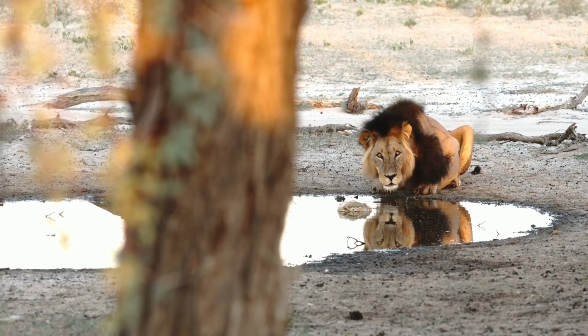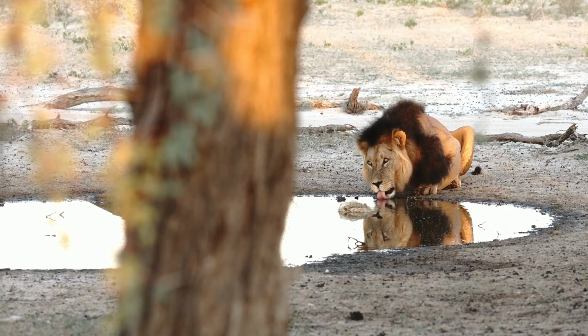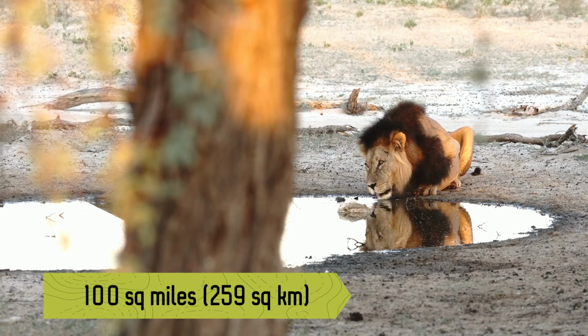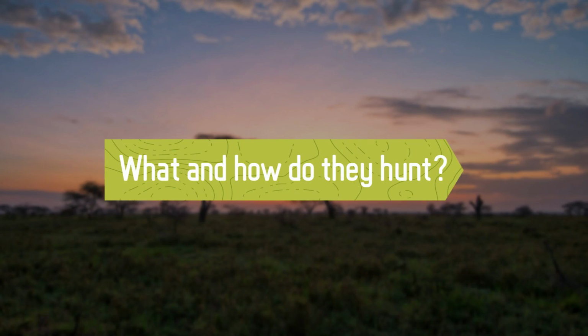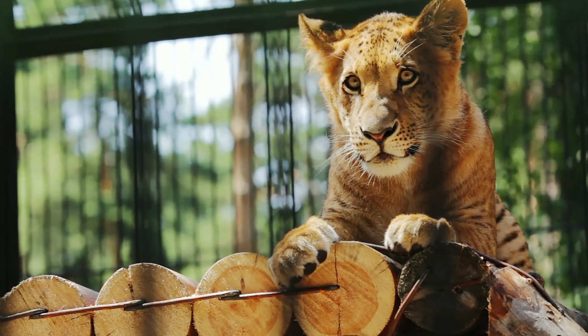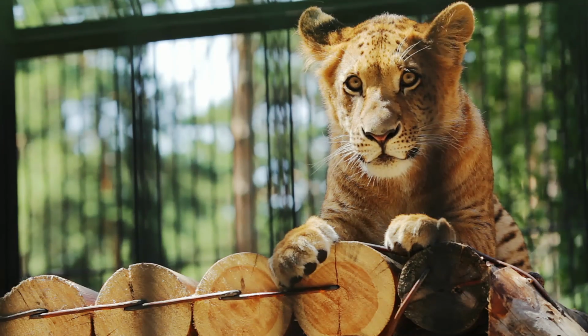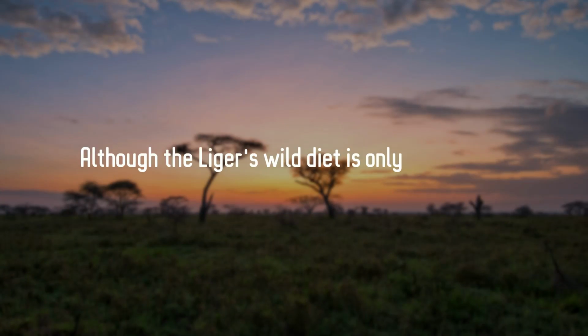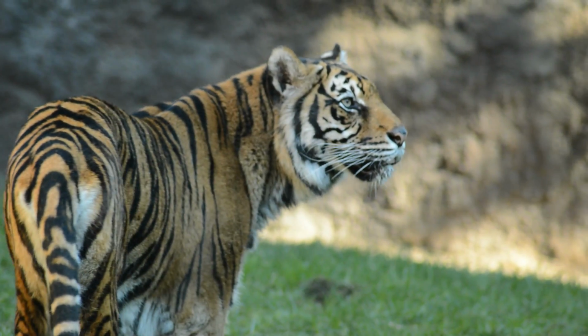Male lions defend the pride's territory, which may include an area of up to 100 square miles, 259 square kilometers. What and how do they hunt? The liger, like the rest of the world's felines, is a carnivorous animal, which means it hunts and kills other animals for food. Although the liger's wild diet is only speculation, it is thought to be similar to that of a tiger,